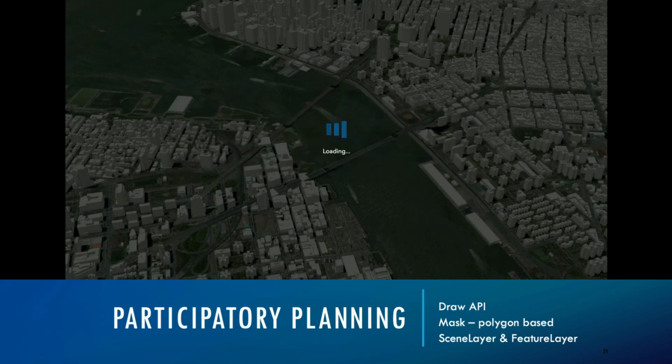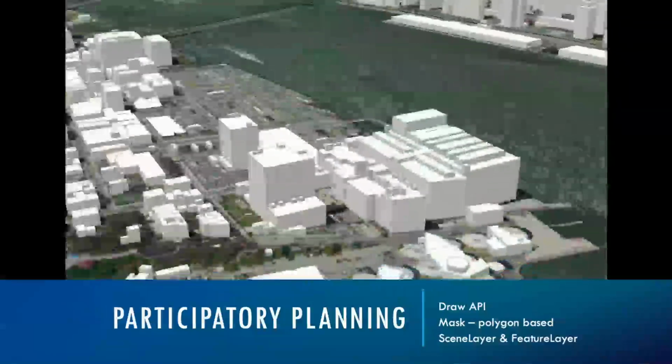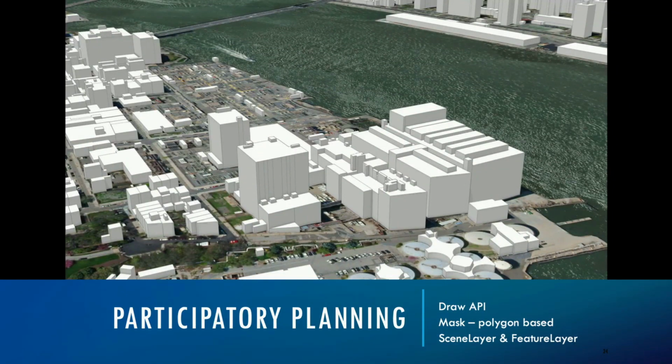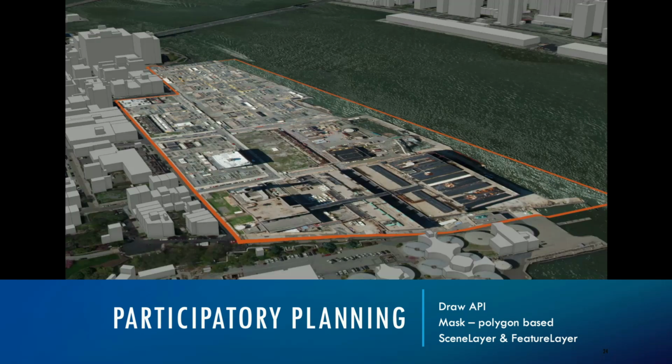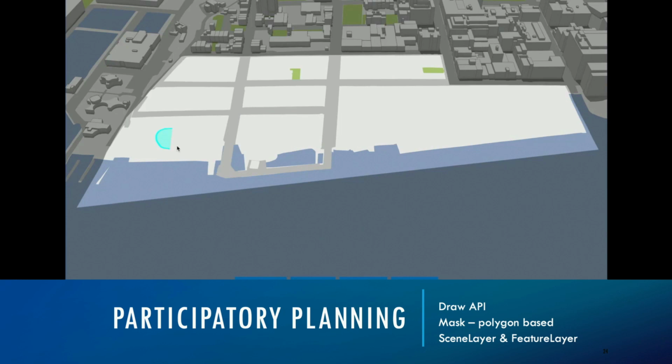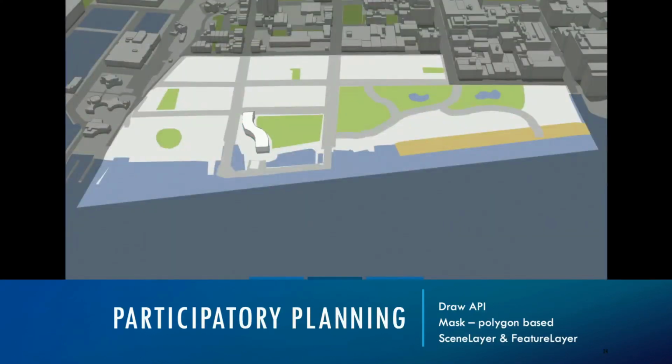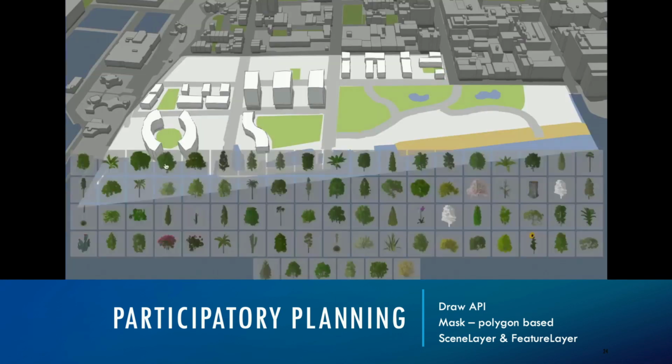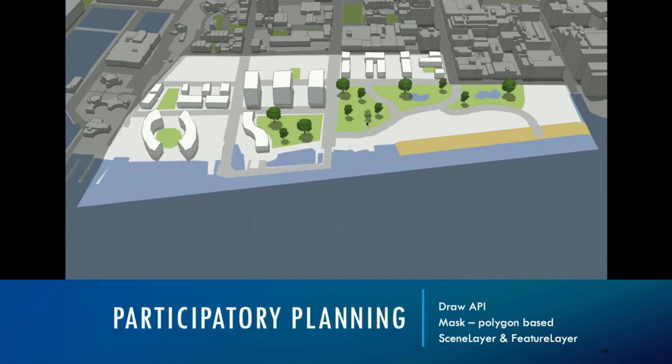So Raluca demonstrated this morning, and this is a more detailed walkthrough. The scene starts out, we filter it using a mask, and then this goes through a little bit more detail about what you can actually do in this participatory planning. So we're demonstrating the new drawing API in 3D and how you can sketch these different features and buildings by adding and masking different information and placing the trees as they were done before, and then